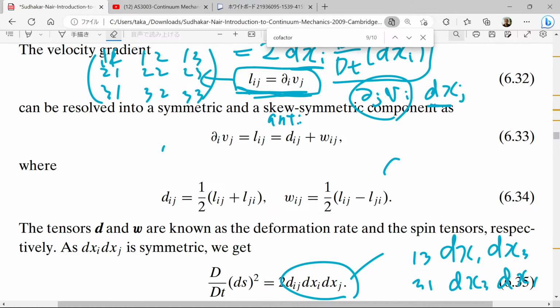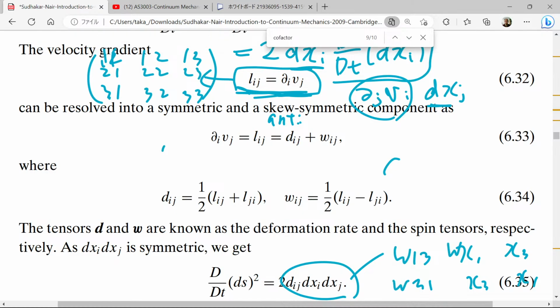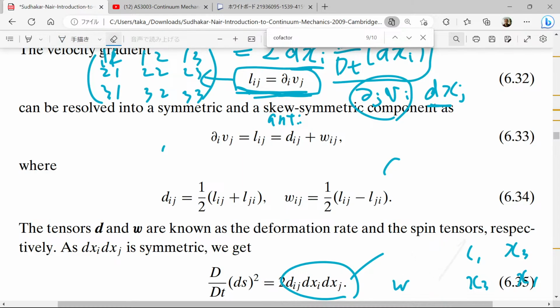If D is not D, and if this is W, W, W, W. What am I doing? dx1, was I strange? Okay, let me do it again. I'm sorry. Okay, so this one,